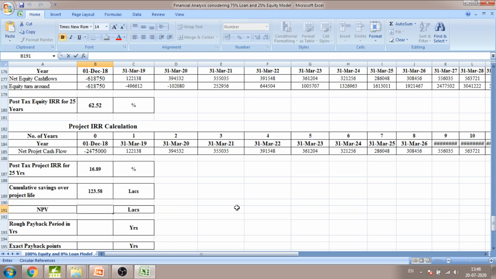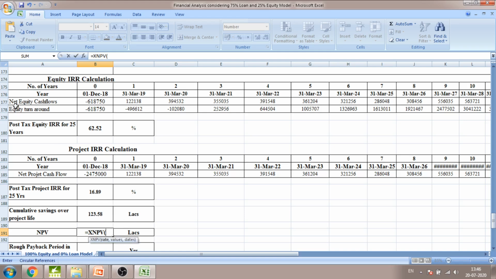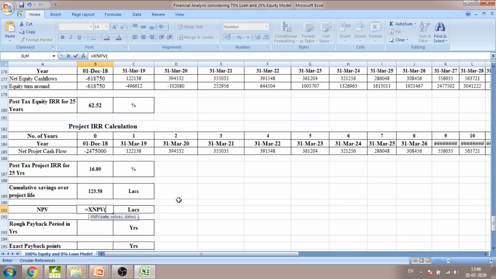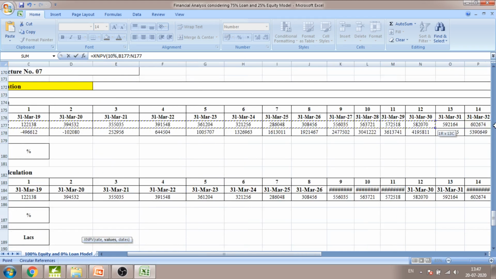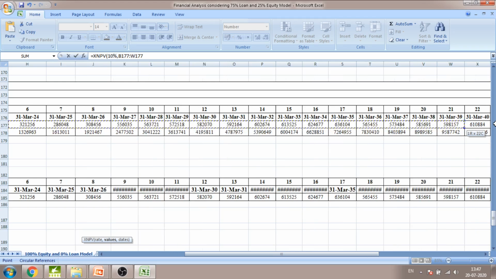NPV, net present value, we can calculate by a simple formula, that is the XNPV formula. With the help of the XNPV formula, we can calculate the net present value. To calculate this value, we have to consider a 10% discount rate. This discount rate varies from state to state, or from person to person who is calculating. In this case study, we are taking the net present value discount rate as 10%. Then we are going to add the net equity cash flow from the first year to the 25th year,